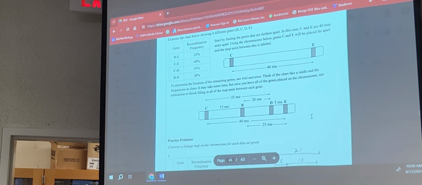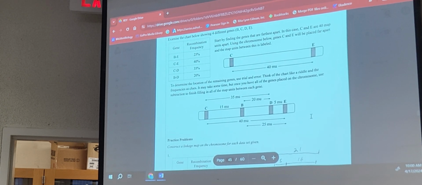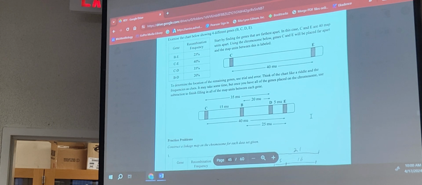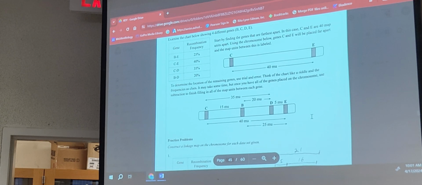If C to D is 35, and then B to D is 20, well then it has to be closer than the C is. C is at 35. So that puts a difference of 10 between these two. It still has to be 35 units from C to D. It has to. Right? If this B is here, if I put it over here, it's 20 units away, B. And now I'm looking at B and E. Oh wait, that's,